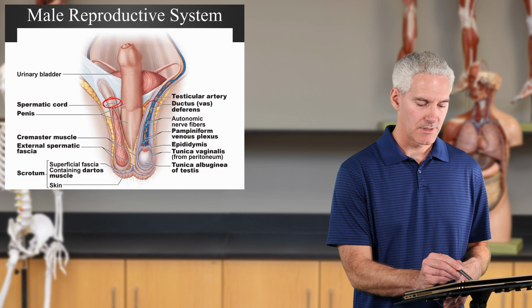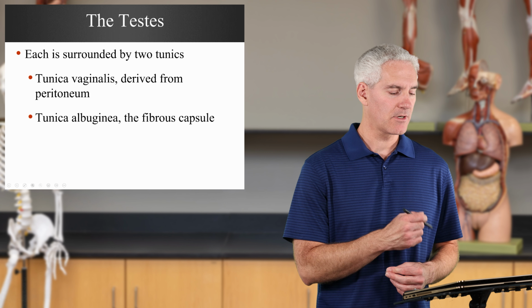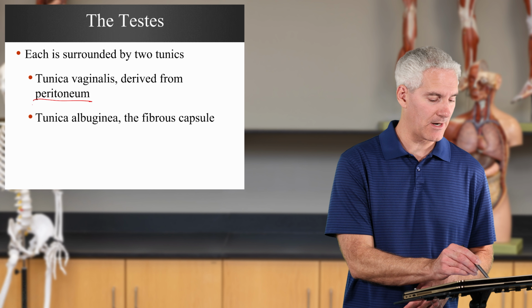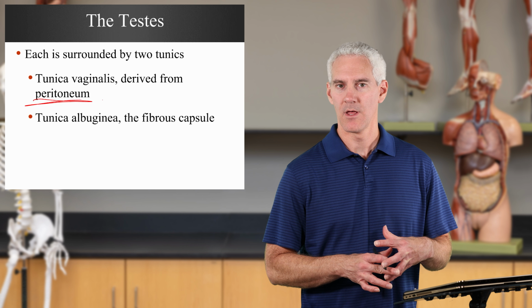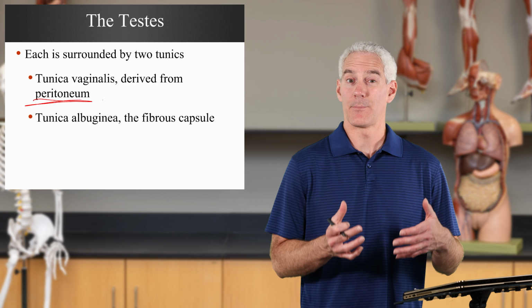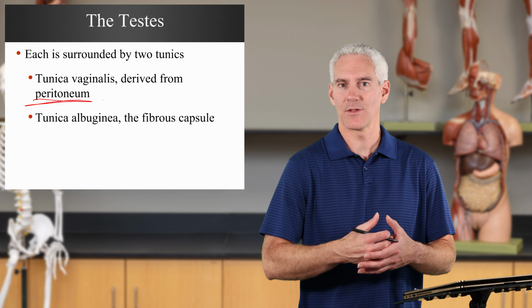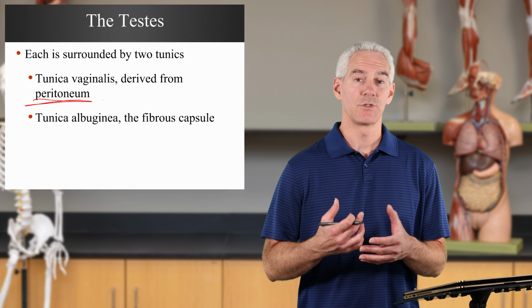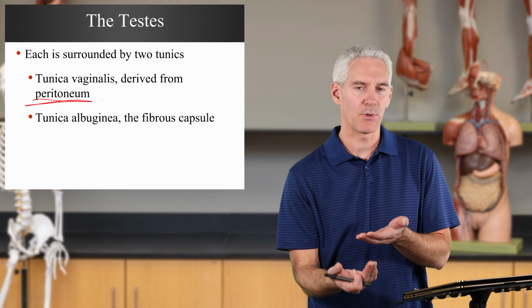Now, we've already mentioned that the tunica vaginalis and the tunica albuginea are wrapping around the testes. The tunica vaginalis actually comes from the peritoneum. So it's derived from there. It's not part of it anymore, but during development, that's where it actually came from. So remember, the peritoneum was the membrane that goes around the digestive system, all the digestive organs. So during development of the testes, there was a portion of that membrane that was pulled down to create this